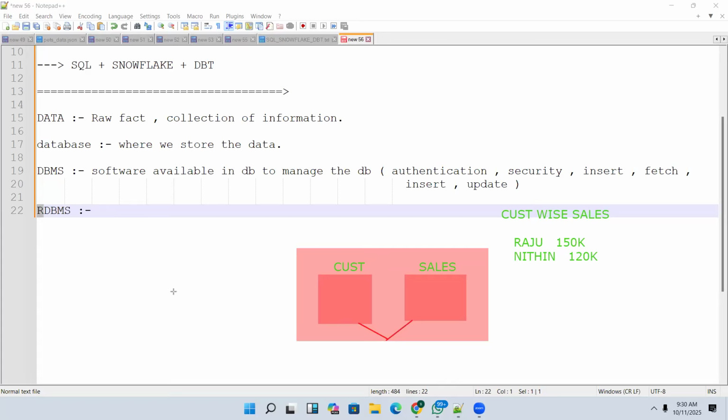So the conclusion is, in RDBMS databases, there are different types of databases. One type is RDBMS databases.